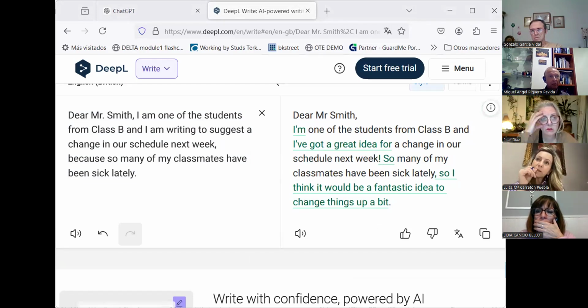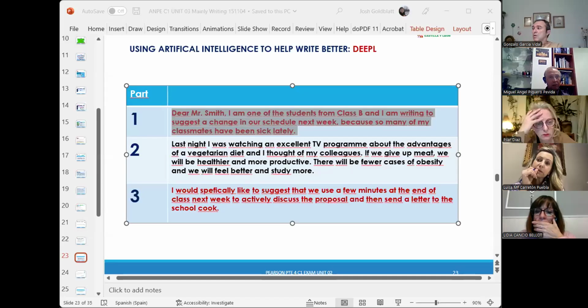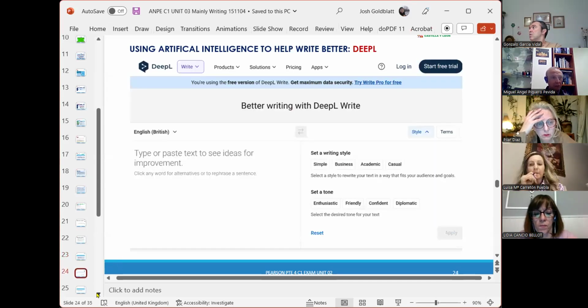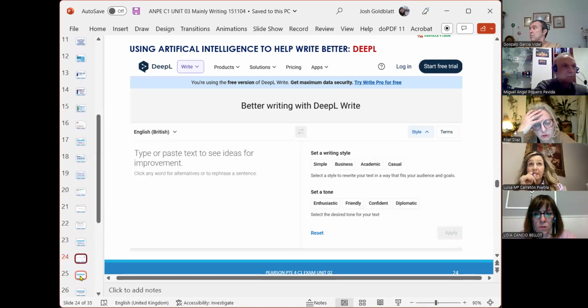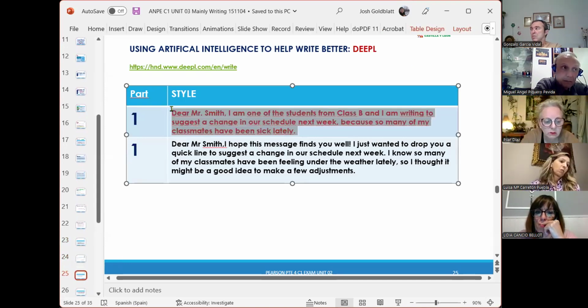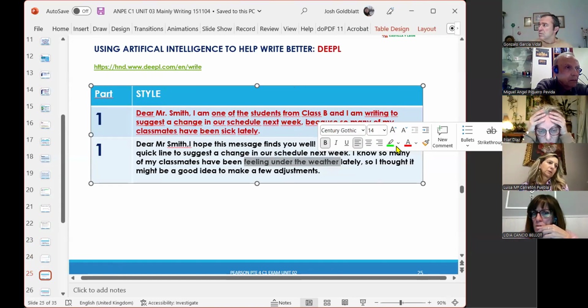So we'll go back and we'll look at some examples of what it has suggested to us for this very, very simple email which we're writing to somebody. Okay, and we said using DeepL. Okay, and again, I wrote the first one and DeepL wrote the second one. Not very, very formal, but much more formal and much more developed with nice expressions. What does this mean?